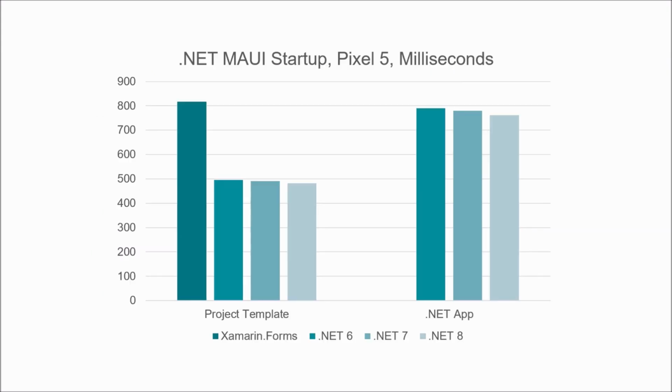But for example, in the same emulator that I used, the Pixel 5, you can see the timings on the startup from Xamarin.Forms to the latest version of .NET 8